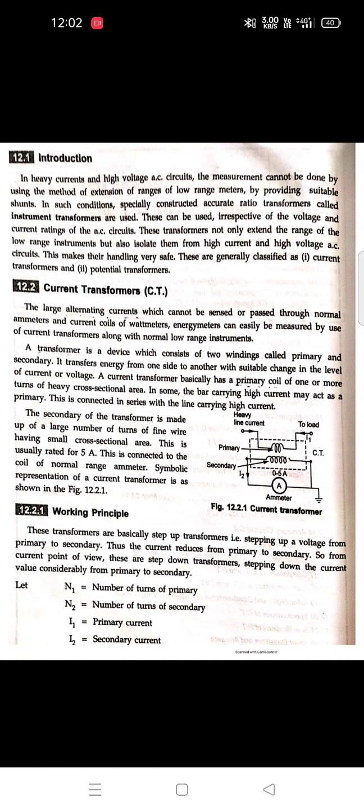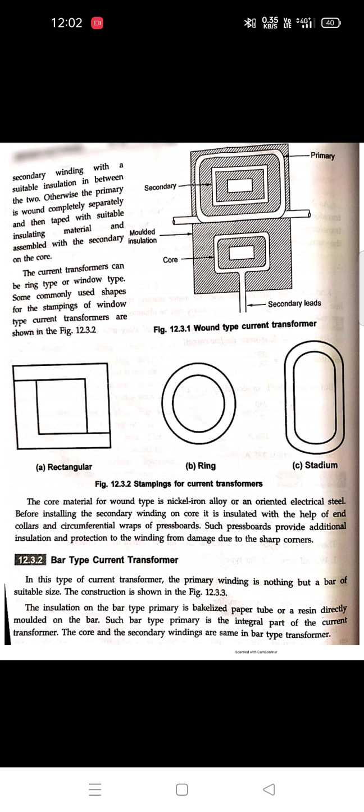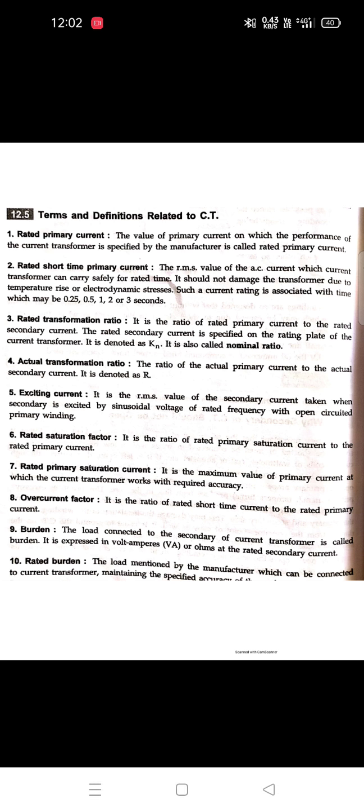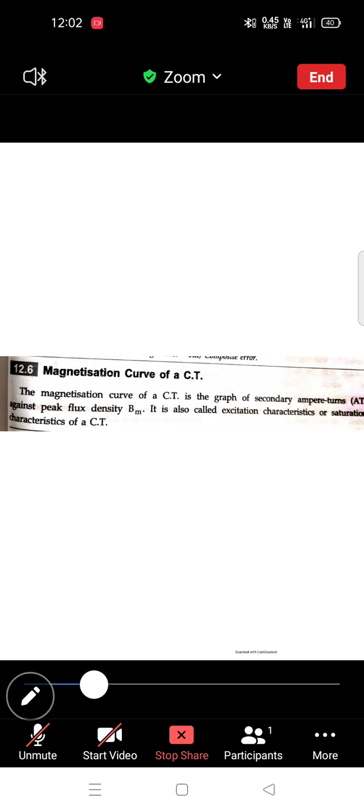Good morning, students. We already started the chapter of current transformer and voltage transformer of the subject switchgear and protection. We already saw the introduction, the current transformer, its working principle. Then its two types, wound type and bar type current transformer. We saw the construction for both, right? After that, the terms and definitions of current transformer, then the error, the magnetization curve of the transformer,